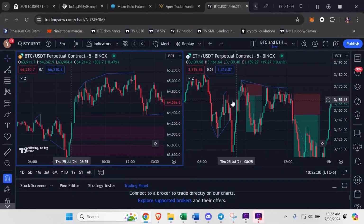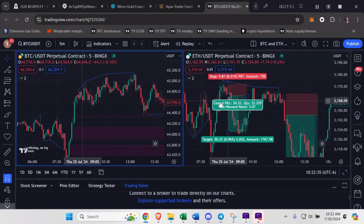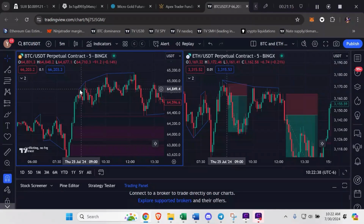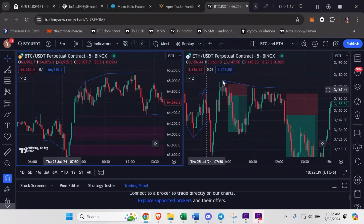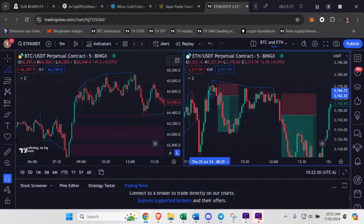But then we got some nice bearish SMT here. You can see between these highs, we had a higher high on Bitcoin and a lower high on ETH. And then we got a break in market structure. And this one was pretty, actually, no, it wasn't that tight. But,